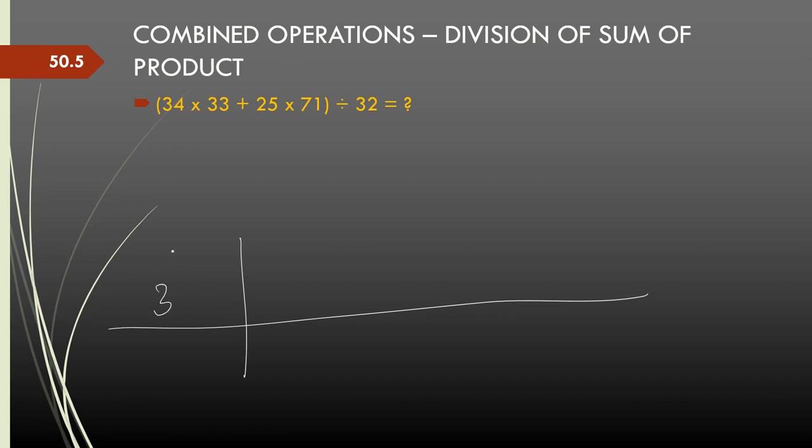So I have 3 and 2 in the flag. Now this is 34 into 33 plus 25 into 71. So I work out place value by place value and then divide. The first place value on the left is 3 threes are 9, 9 plus 14, that is 23. 23 I divide by 3, that is 7, 7 threes are 21, and 2 is carried forward. Now I do the sum and there will be an adjustment for the flag as well. I should not forget the adjustment for the flag. I'll come to that in a moment.